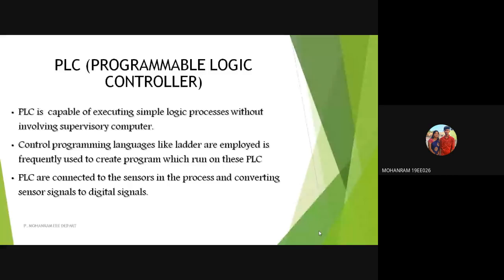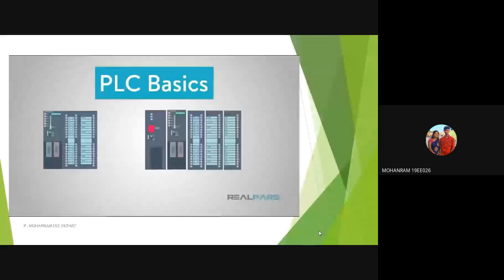Next, this is the basic picture of a PLC box, which is used in large industries for giving commands to the system and proceeding the process ahead. And